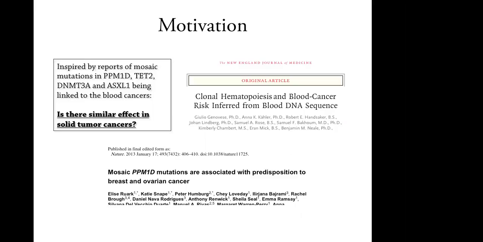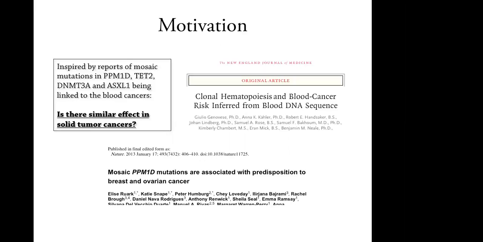So what this paper in New England Journal of Medicine tells us is that such mutations, such mosaic events, are very strongly correlated with the development and progression of the leukemias and lymphomas, and moreover, it has been shown that they're actually playing a causal role in that,